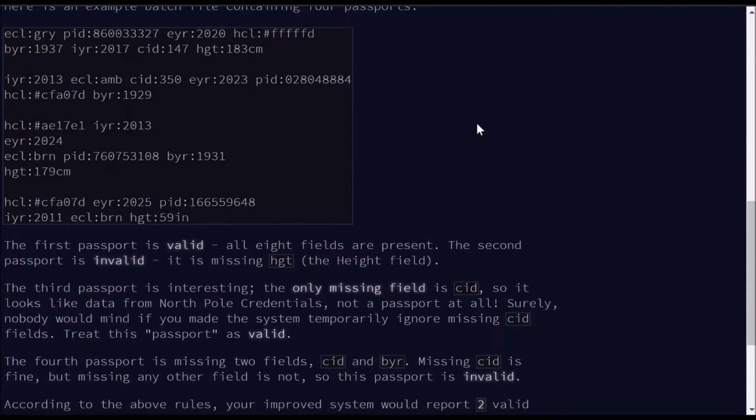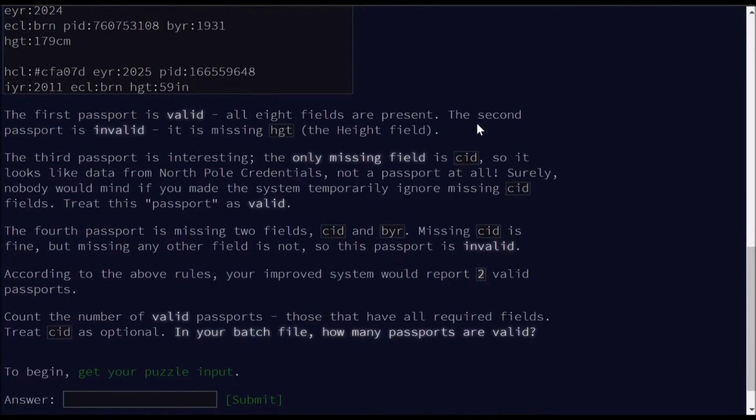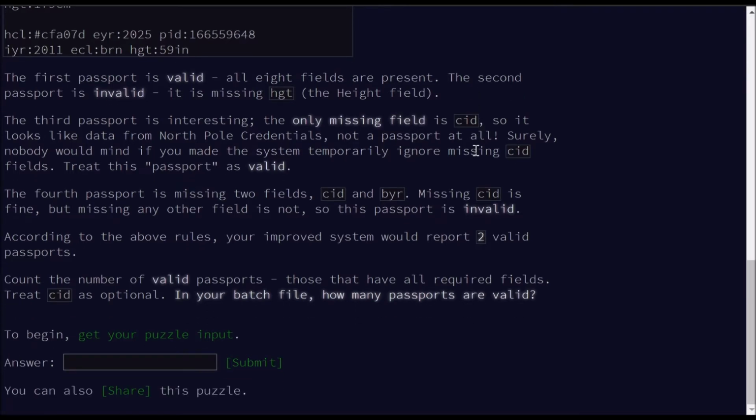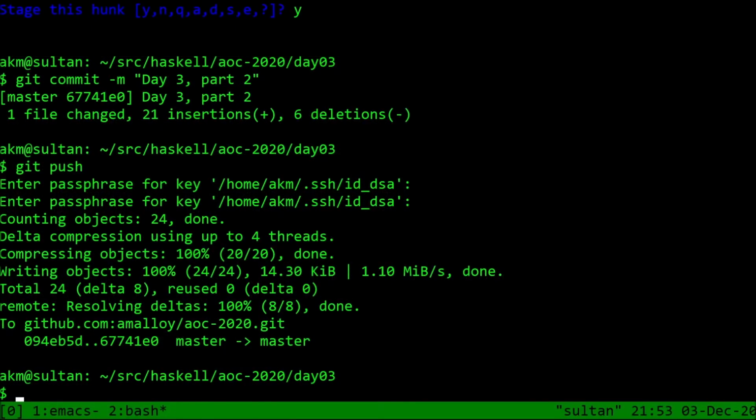The only missing field is CID. So it looks like data from North Pole credentials, not a passport at all. Surely nobody would mind if you made the system temporarily ignore missing CID fields. Treat this passport as valid. Okay. That seems fine. Treat CID as optional. Okay, so let's